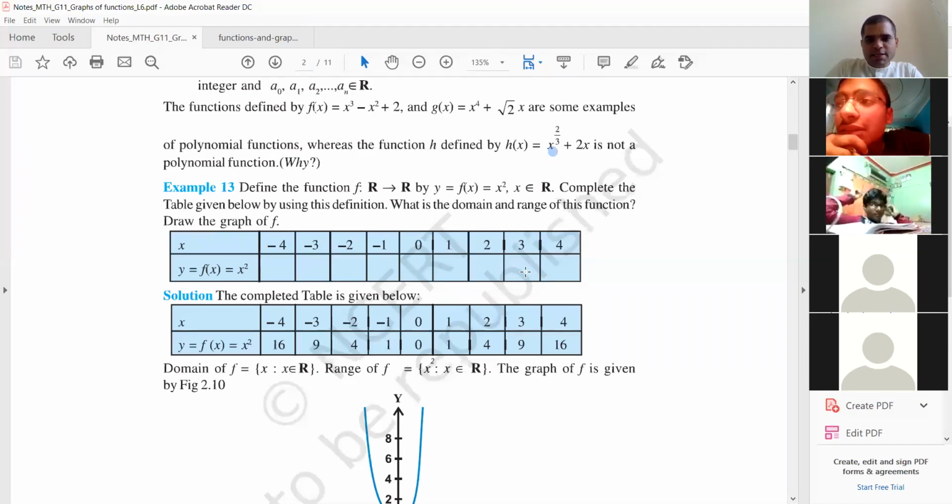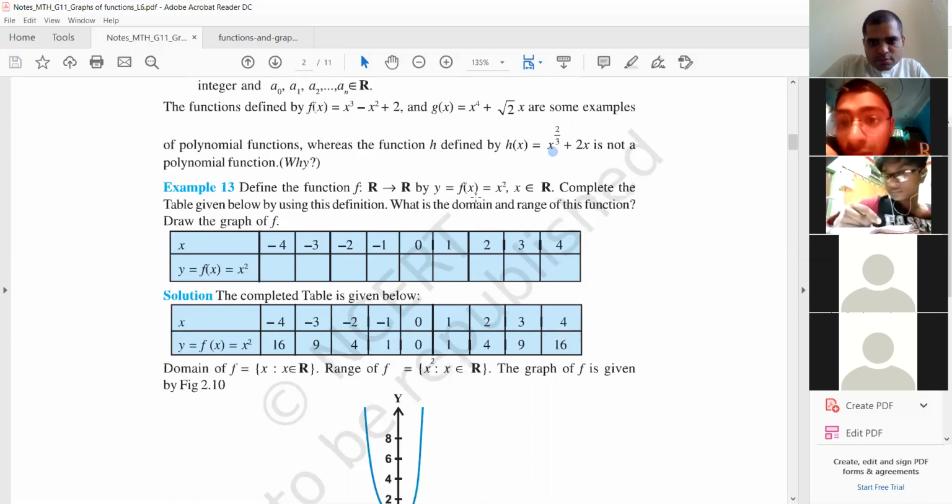I said that if f of minus x is equal to f(x), then the function is even. So you see this function f(x) is equal to x square. अगर x square में minus x रखोगे x की जगह, तो f of minus x क्या होगा? f(x). In this function? Where it is? Even. हाँ, this is even function क्योंकि x square में अगर minus x रखोगे x की जगह.